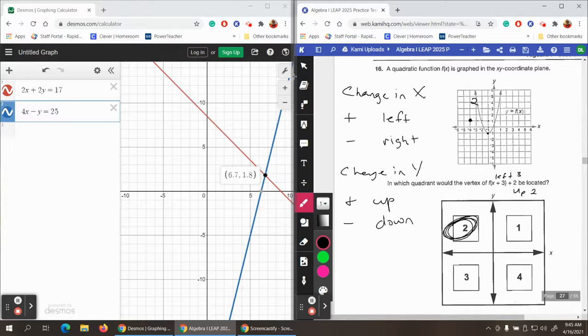Now, let's say that you don't know that. Let's say that you have no clue how to do any of this. Mr. Lemons, what is a great way for us to be able to do this? Mr. Lemons, what is a way for us to use Desmos? Okay, so